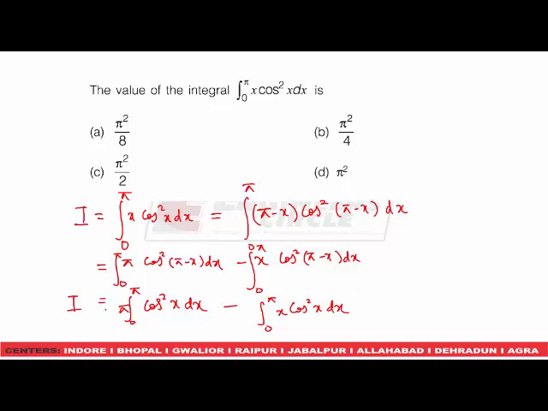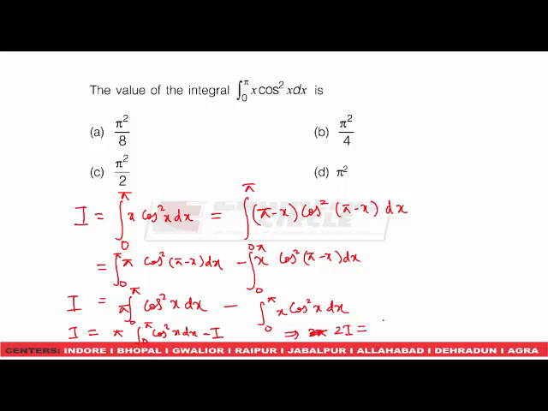So I equal to this term. Now this is nothing but I only. So I is equal to pi integral 0 to pi cos square x dx minus I. So taking this I on the LHS, we get 2I